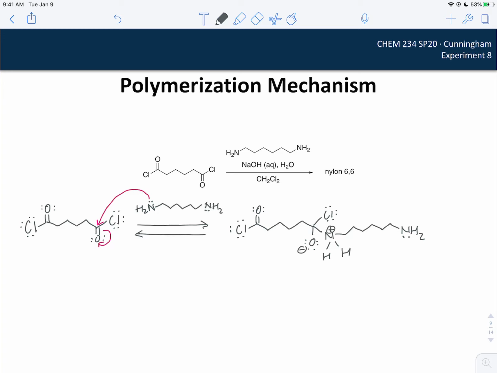All right, so we'll fill in our formal charges. And now we've got, again, an addition mechanism that's taking place here. And that's usually going to be followed by our elimination mechanism. And so what we see here is a tetrahedral intermediate,